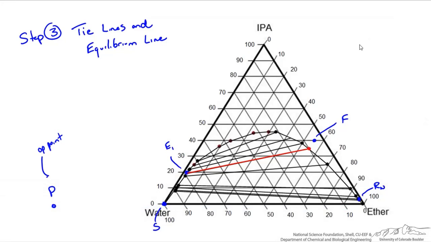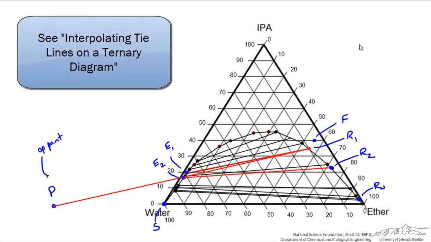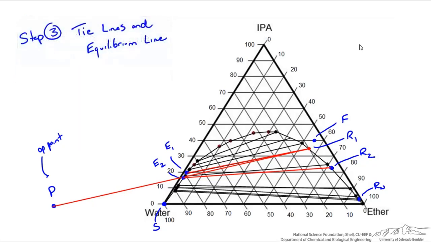Now if you remember, first of all I told you that in the initial step we located R1 in the diagram. You know that E1 and R1 are in equilibrium with each other. So based on that a tie line was drawn from E1 to R1, and after this, you were looking for E2. That was located with the help of the line passing from P to R1, and E2 will be located on that line. Now E2 and R2 are in equilibrium with each other, so you will just interpolate a tie line, and that is used here.